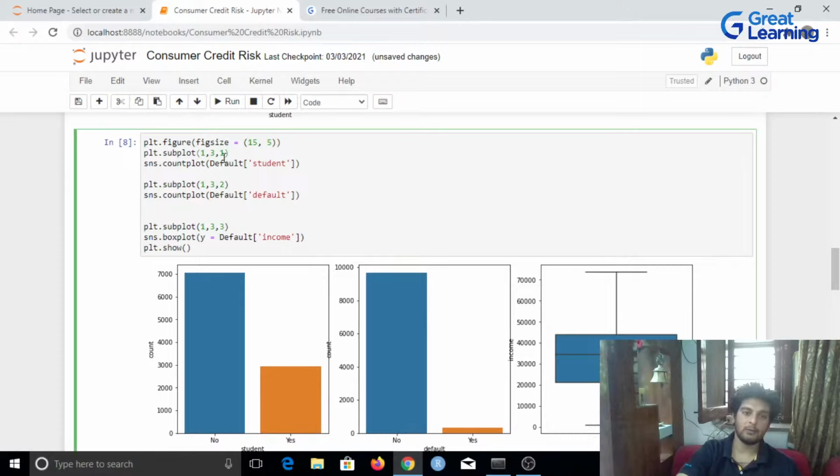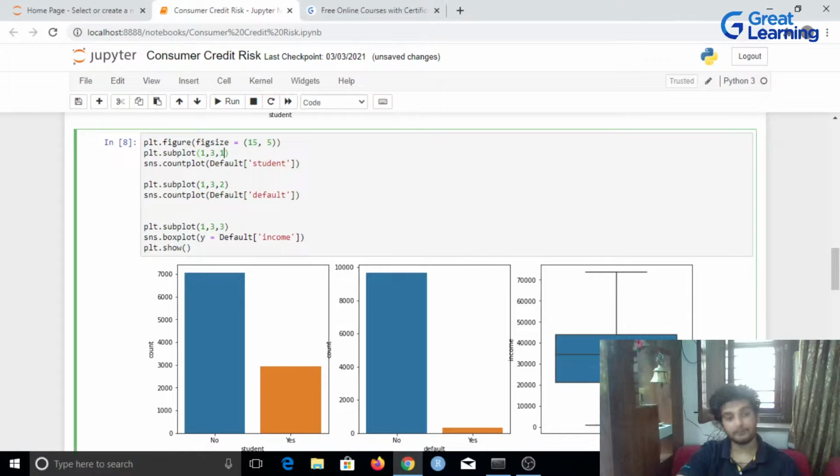As you see here, 131, 132, 133. This 1 3 basically means we have one row and three columns. As you see, this is only one row, we've got three columns. Apart from this, you have the index number. This is index number 1, this is index number 2, and this is index number 3.